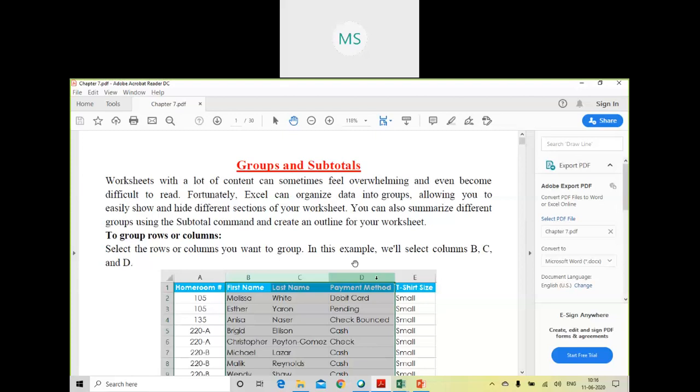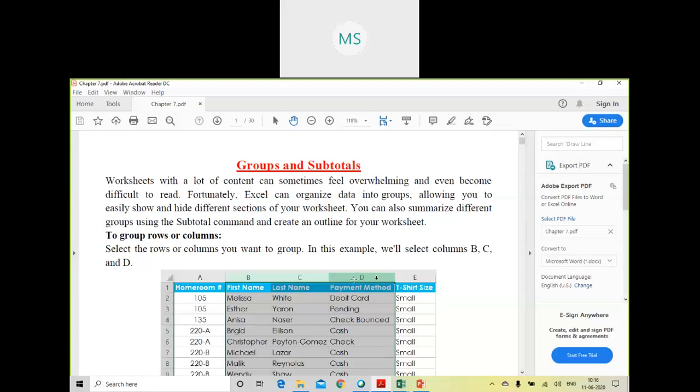It means on the same worksheet you can divide it into different sections, create different groups, and whenever you want you can have access to that particular group, and if you want you can hide that group so that it will not be visible for a particular time, and whenever you want you can view it.